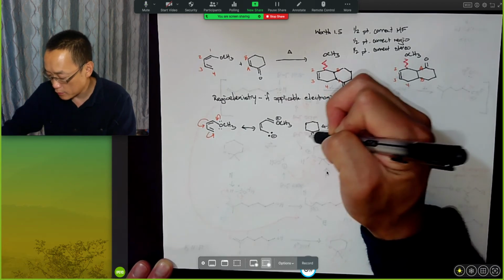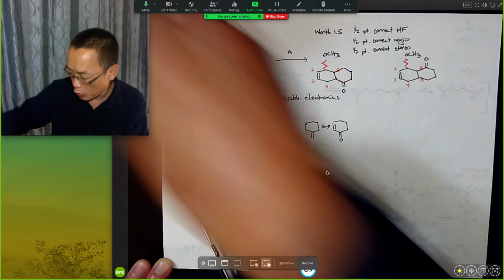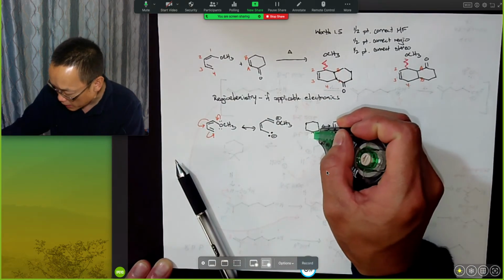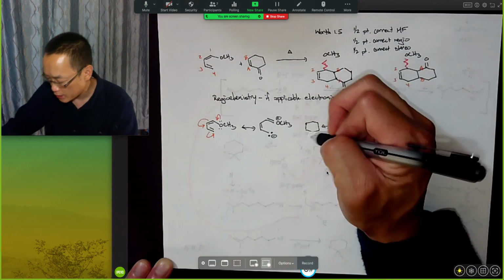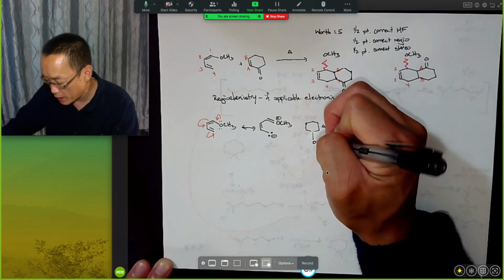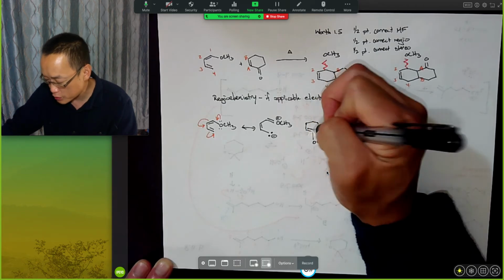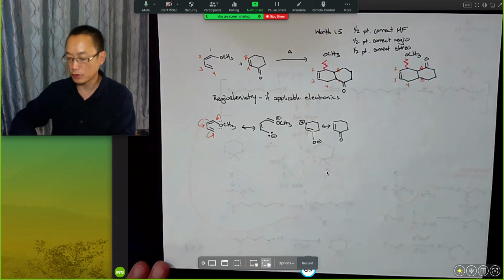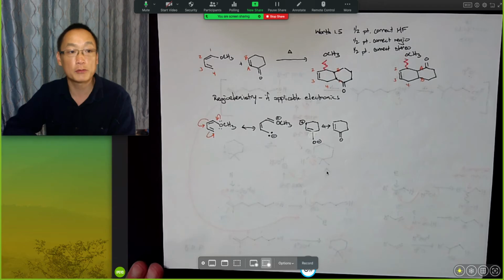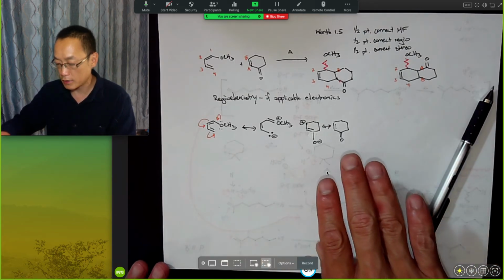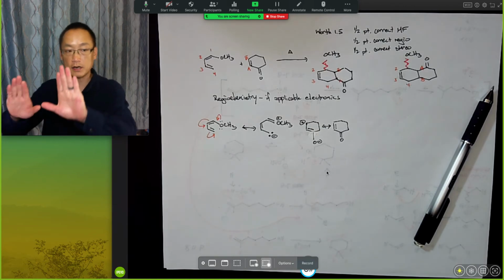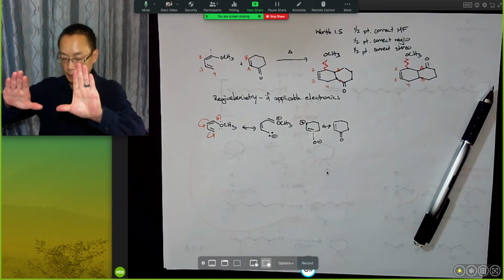wherein I have a single bonded electron now that has pulled the electron density away from that pi bond, which has pulled this portion of the pi bond even closer. And so really, when I'm looking at the more extreme representation of the electronic distribution, then there is the possibility of, and I'm going to make my